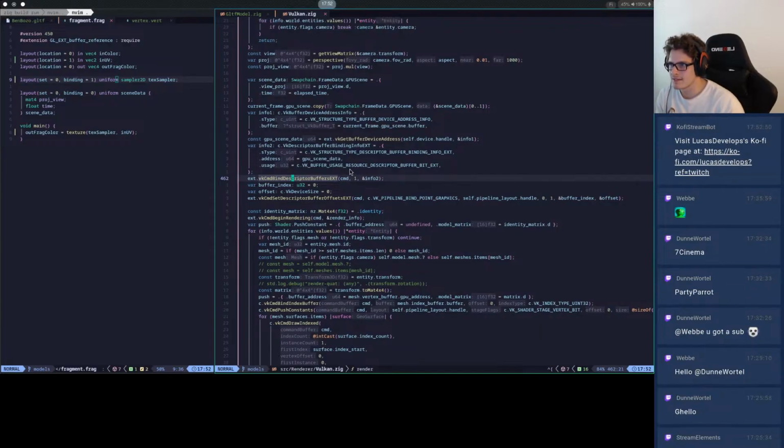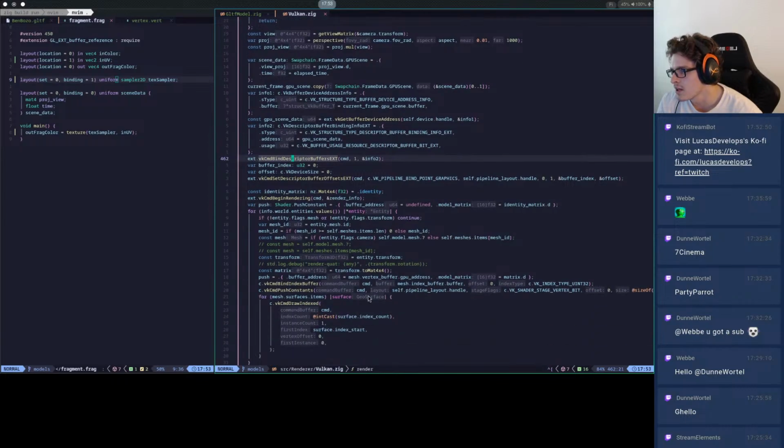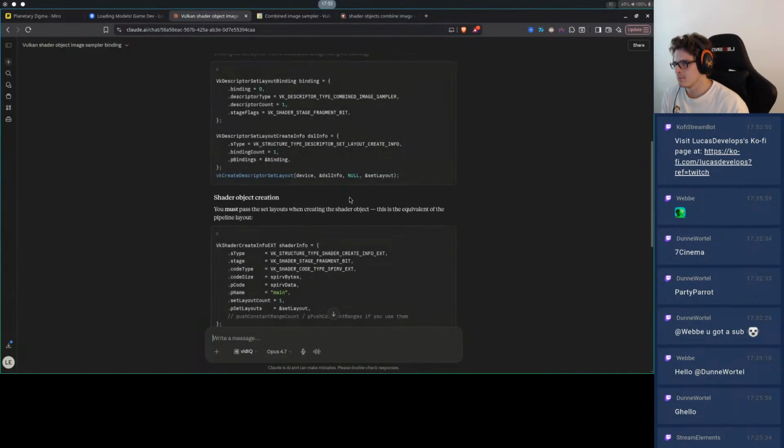Wait, I think it's somewhere here. Current frame. Yeah, this is where I work with the frame information. So shouldn't I be able to? I want to do it per mesh, per material actual update. It should be able to happen. Because if you think about it, each surface could have a different material, which means a different texture, which means a different sampler or images. So it should actually be happening here in this loop if it's different from before. Right now that won't be the case, but